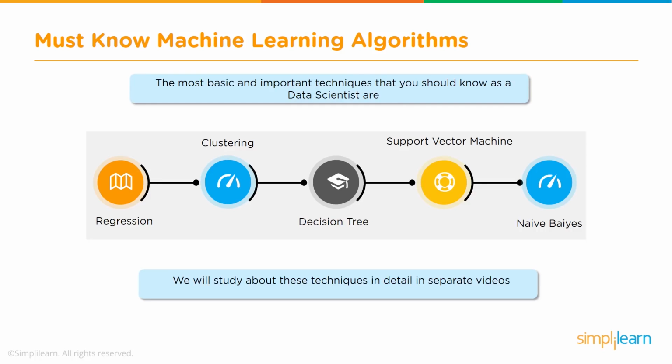Then we have support vector machines, primarily for classification purposes. And then we have naive Bayes. This is again a statistical, probability based classification method. So these are a few algorithms. There are a few more that are not listed here. And by the way, there are detailed videos about each of these algorithms available. You can check in the playlist.